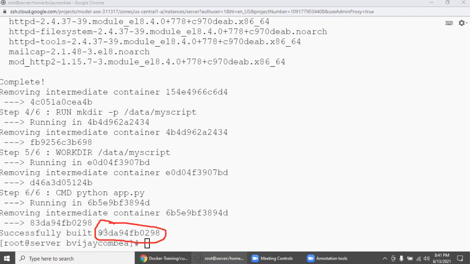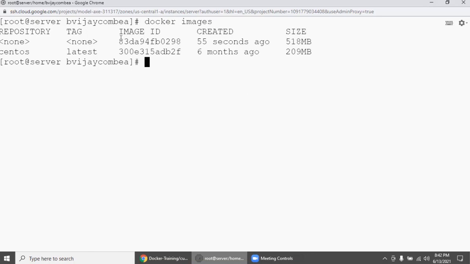But before this final image, if you could see, at each and every step completion there will be an image commit. If step 4 is completed, this plus these changes will be committed to another image ID. And the 5th step, like this, it will keep on going. Suppose if there is any error, automatically it will stop, and the last successful step's image ID will be shown if you run the docker images command. So these are all important parameters which you need to know during your day-to-day Docker work. Now, docker images. There is an image created.